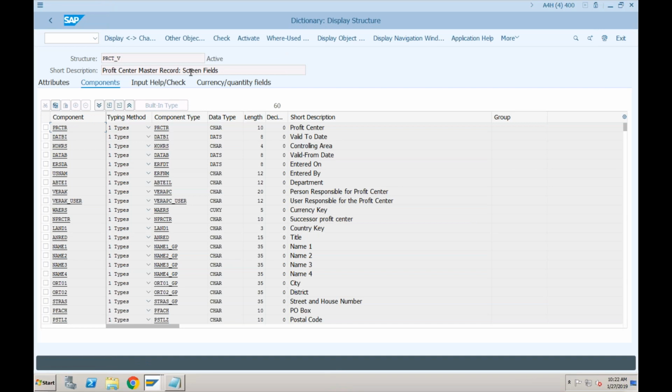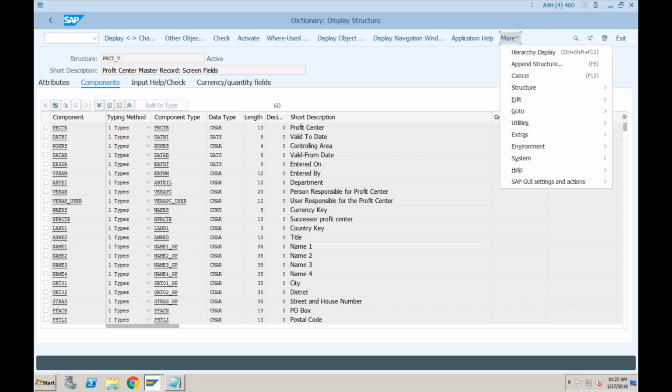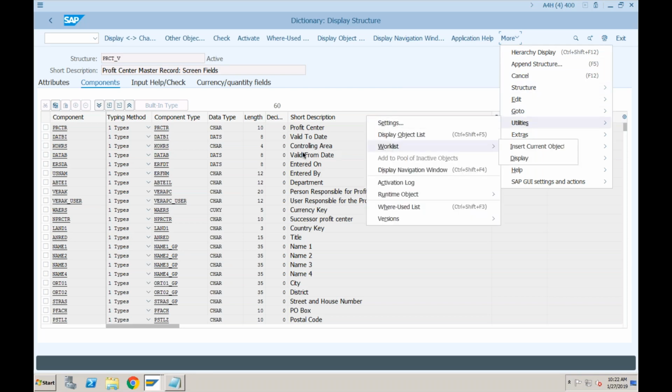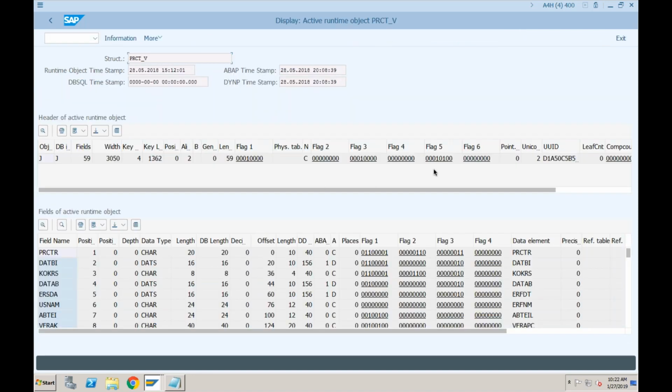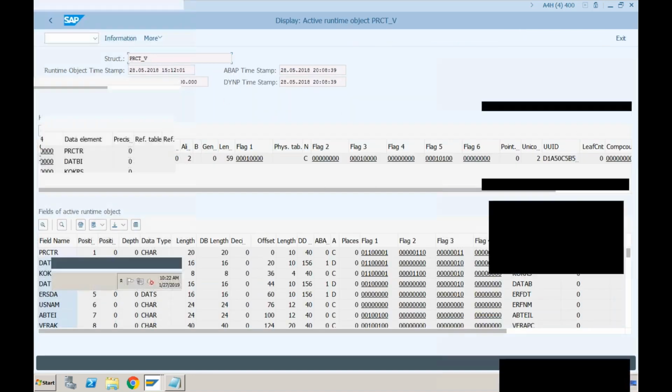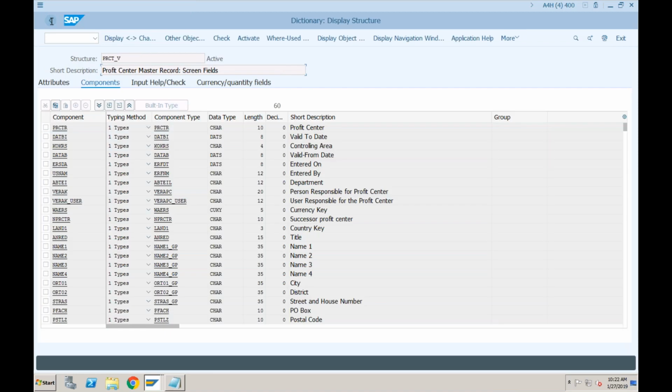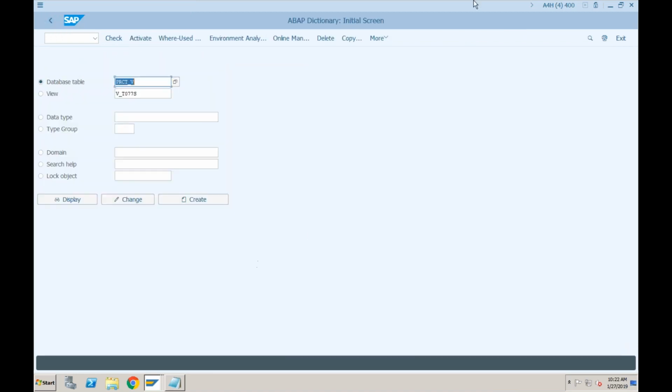And then if you want to see the actual table, let me try to go to more utilities, runtime object and display. No, this is not a view. Sorry, this is the actual table, but this is a structure. Some structure is being called. Let me find out what was the table earlier and then I'll show you.